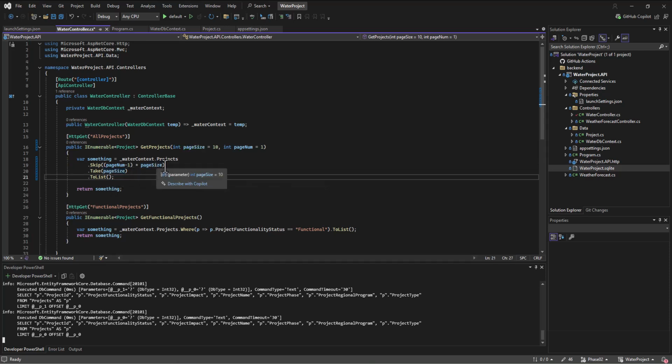So if it's page 1 and the size is 10, it will take 1 minus 1, which will be 0, times 10, which is 0, skip 0, and then show 10. But if it's page 2, then we'll say take 2 minus 1 is 1, times the page size 10, skip 10, and then take the next 10. Does that make sense? So these are little logical problems you have to try and figure out. But that's how we're going to get it to do the right thing, right?